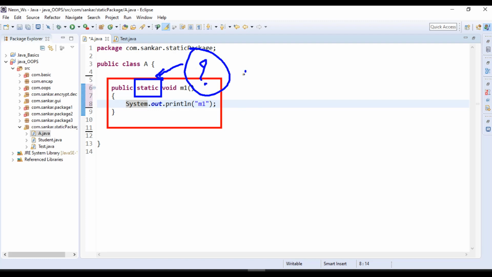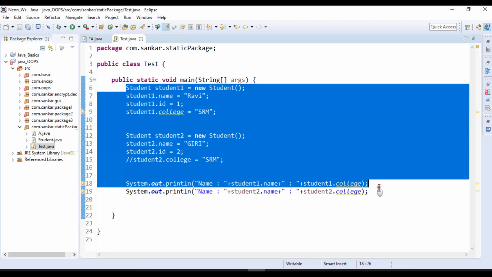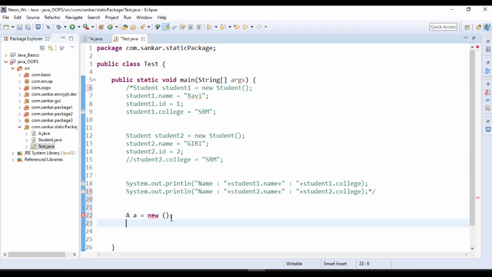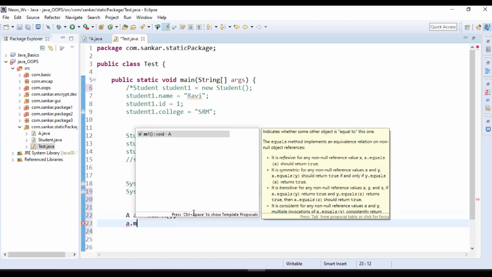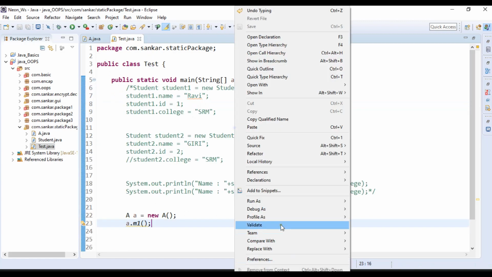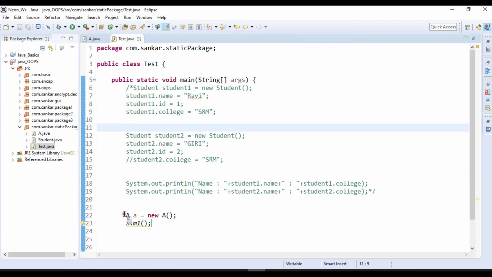So what is the use of this? Now, for example, I have some test class. Normally, how do we access a class's methods? We create objects like that, and then call a.m1. Am I right or wrong? Now I will call A.m1 because it is static. Static means there is no need to create any object. Without creating an object, we can call it with the help of the class name.